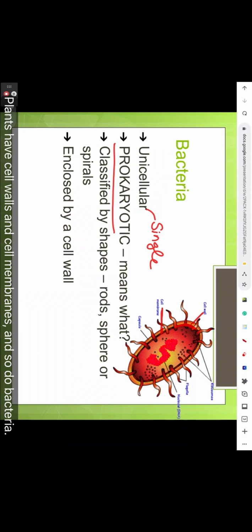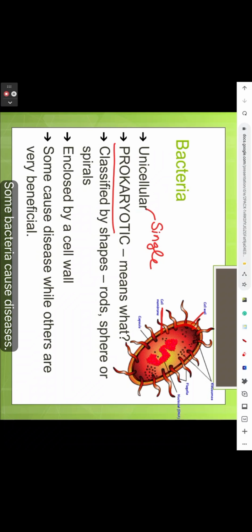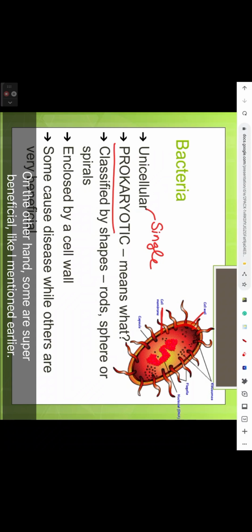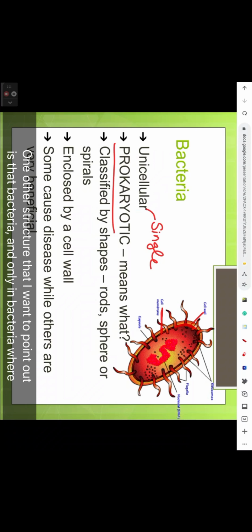Plants have cell walls and cell membranes, and so do bacteria. Some bacteria cause diseases. On the other hand, some are super beneficial, like I mentioned earlier. Some bacteria are used to make cheese and yogurt, for example. One other structure that I want to point out is